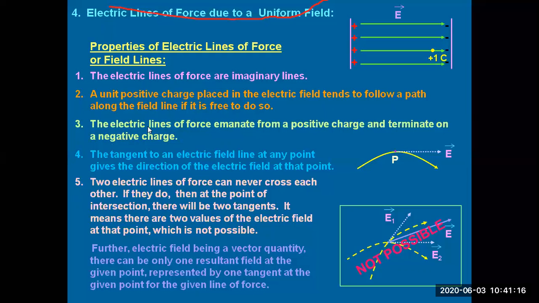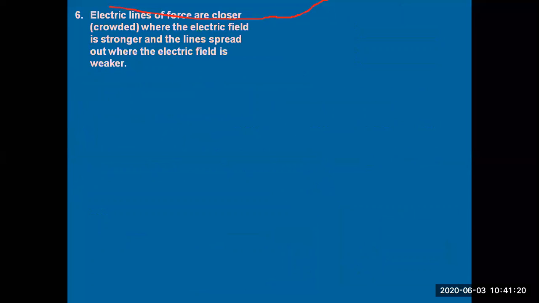Now, I want to ask you a question. Electric lines of force are crowded when the electric field is stronger, and the lines of force will be weaker, or spread out, when the electric field is weaker. So what this means is, now we are all talking about this corona